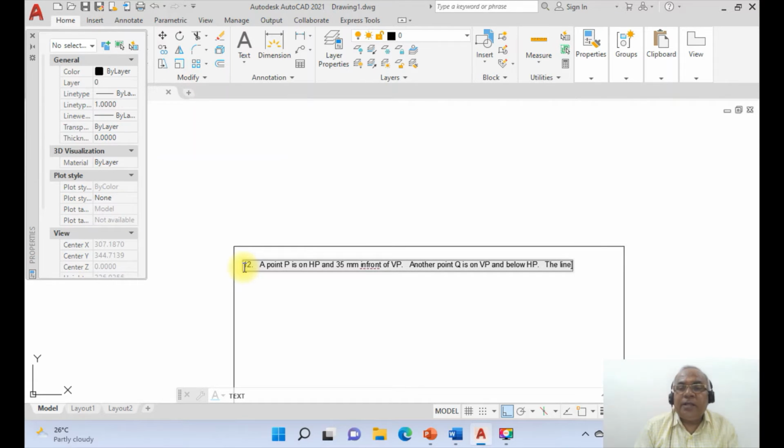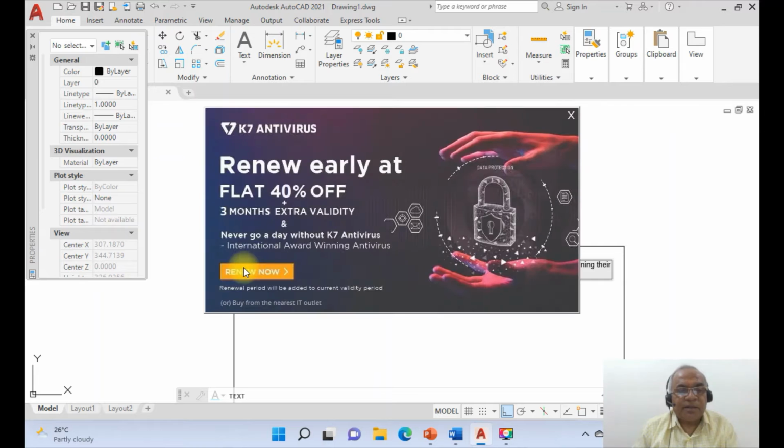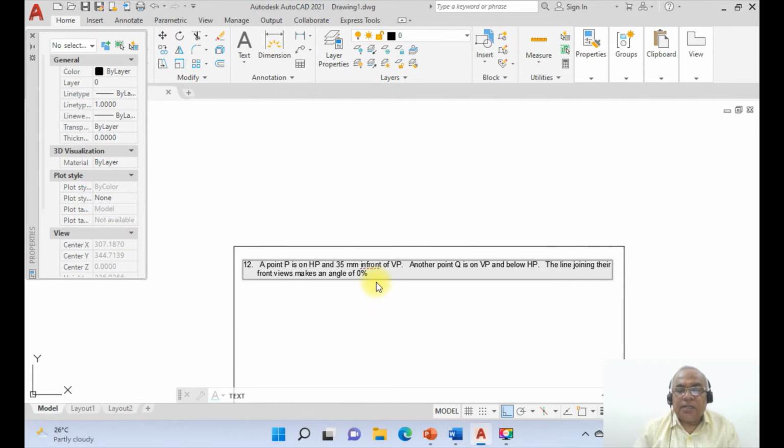The line joining their front views makes an angle of 30 degrees. So you type percent percent D, 30